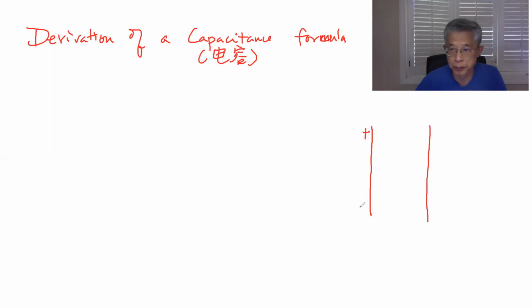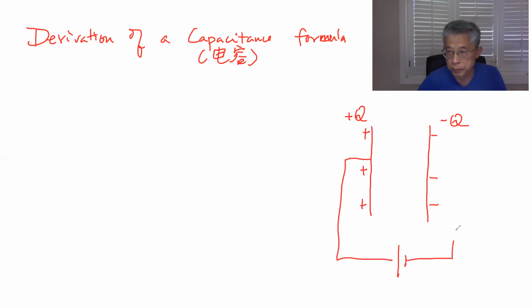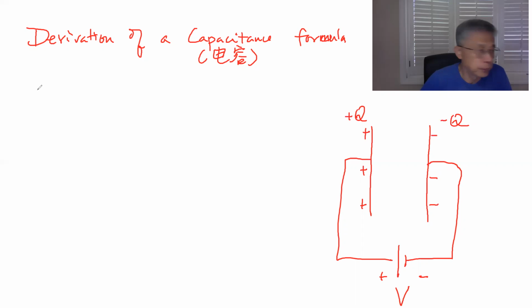And say you have positive charge there and negative charge there. And then you apply a battery across that. So this is positive, negative, and has the voltage. The battery has the voltage of V. And so from before, the E, right, from